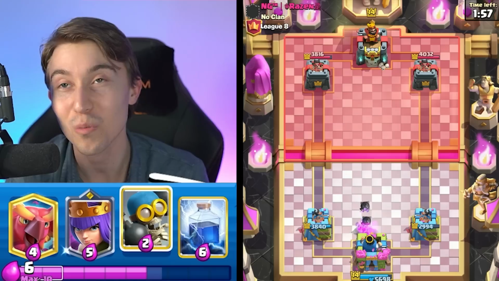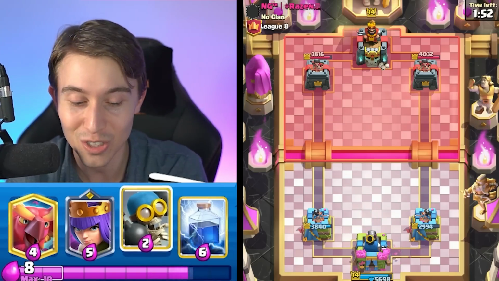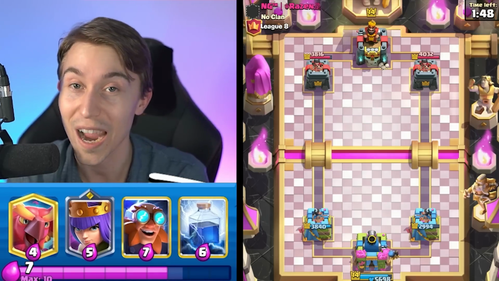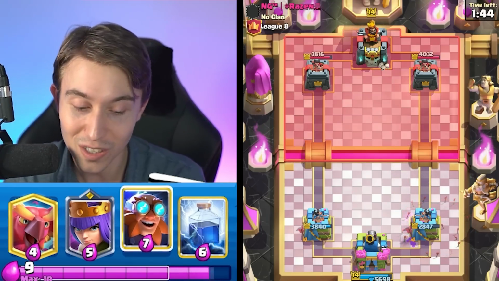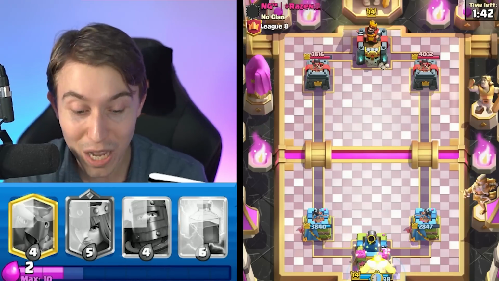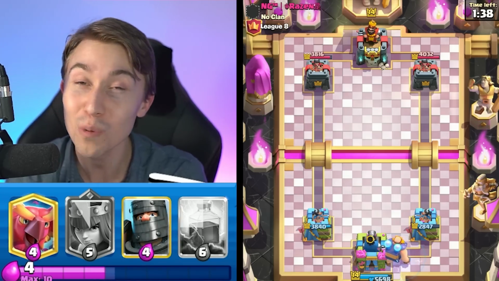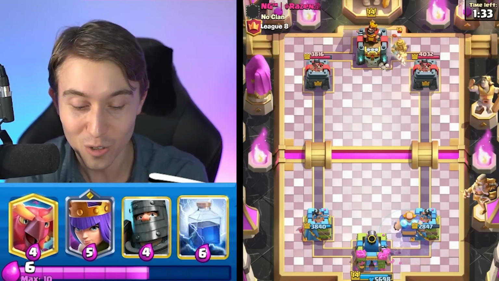So we took a ton of damage from the wall breakers on the right-hand side, but that's not really that big of a deal. We can go on the same side as the Mega Knight every single time, because Mega Knight doesn't have very many good answers to your Electro Giant. If they've got something like Inferno Dragon, you tornado it in. If they've got Archer Queen or Musketeer, you just lightning it. So it's a big vibe to be able to defend the tower that they've already done a lot of damage to, and all their supporting cards like goblins, guards, bats, they get eviscerated by Electro Giant,